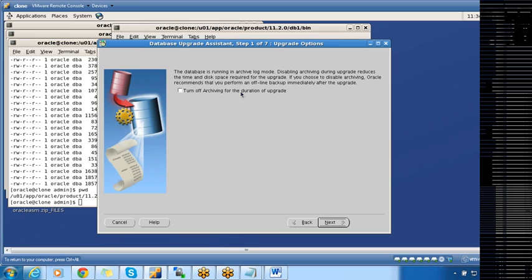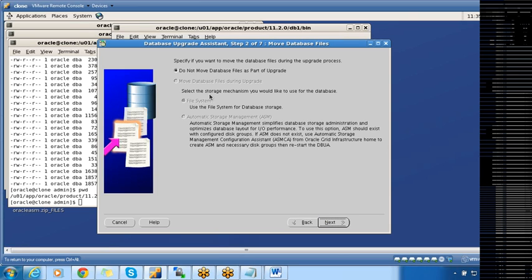Okay. So while performing the upgrade, it will generate a lot of redo. So if you want to disable the archive log mode momentarily, you can disable that. So I'll go ahead and disable this archive log mode during the upgradation because I may not have sufficient space under slash backup. So I don't want the mount point to be filled and the database to hang and my upgradation to be unsuccessful. So I'll be turning off the archiving mode. In real time, you may not turn off the archive mode, but now I'm just turning it off.